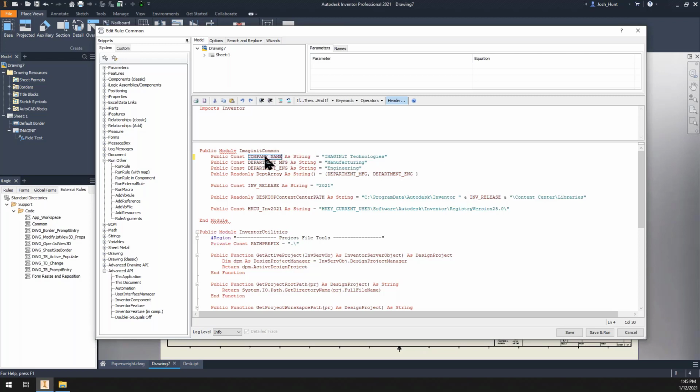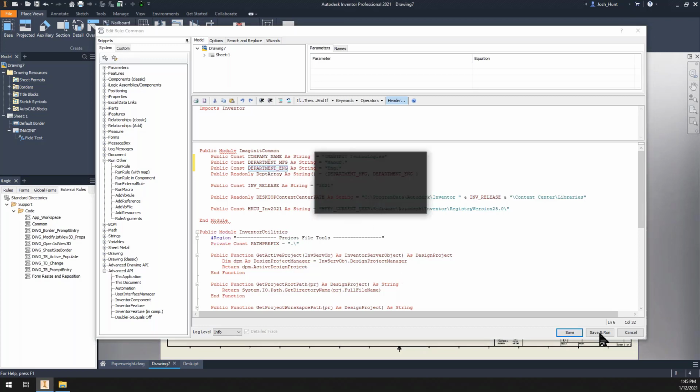So now that value is changed everywhere that's referenced, and I don't have to keep typing that everywhere else. Or if I wanted to change the name of the department from manufacturing to MAN, right? I could abbreviate that. I could abbreviate those two as well, and because they get used everywhere,